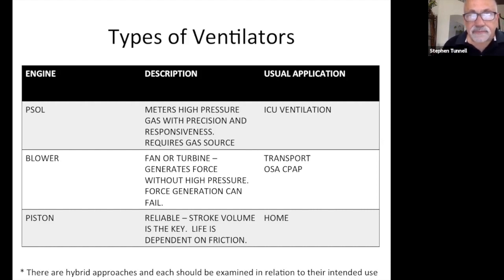A blower does not. A blower serves as that force. A blower will actually generate the required air, and what you're left looking for is an oxygen tank. And most of the time, a simple E cylinder is sufficient. It can be plugged right in, and you're able to move and provide oxygen and air and all the things that are important. So an advantage of a blower-based ventilator is that it has its own ability to generate force. It doesn't require a high pressure line,